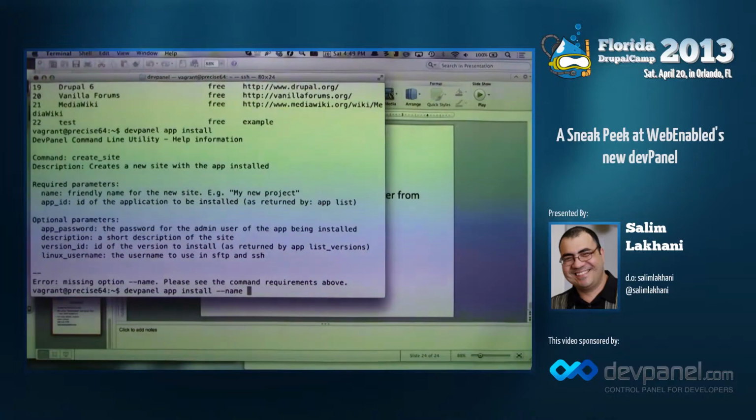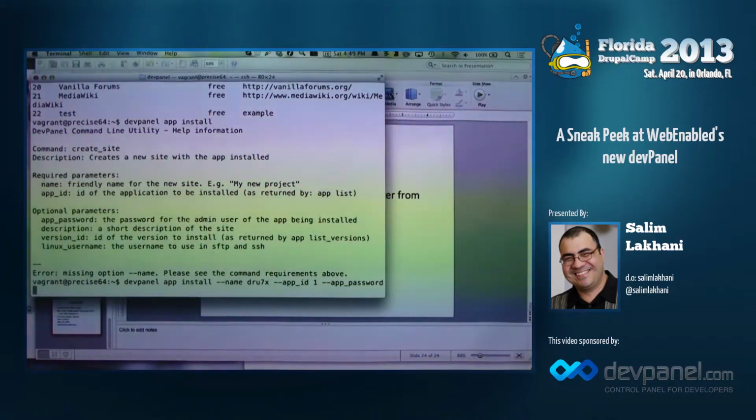The name will be, say, Drew 7 X. The app ID will be 1, and the app password will be